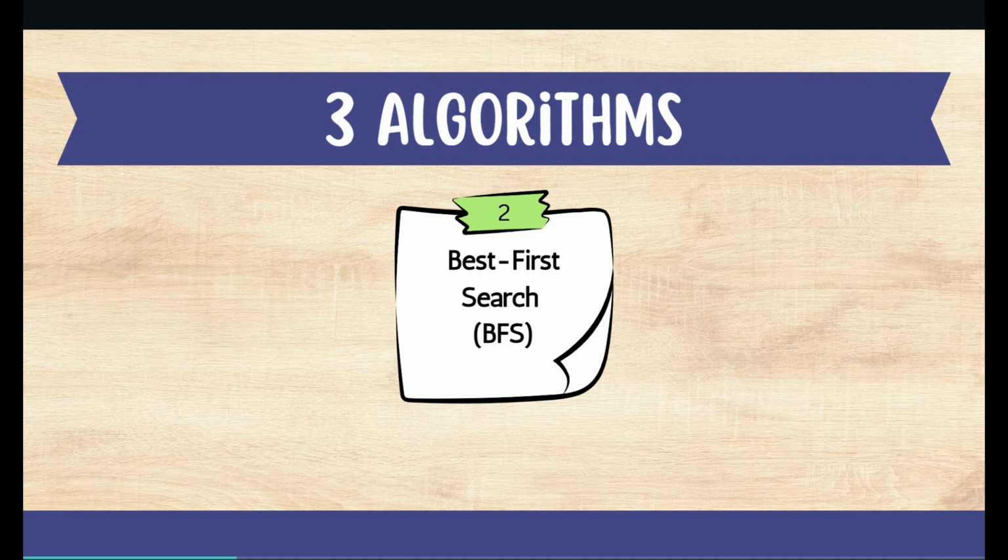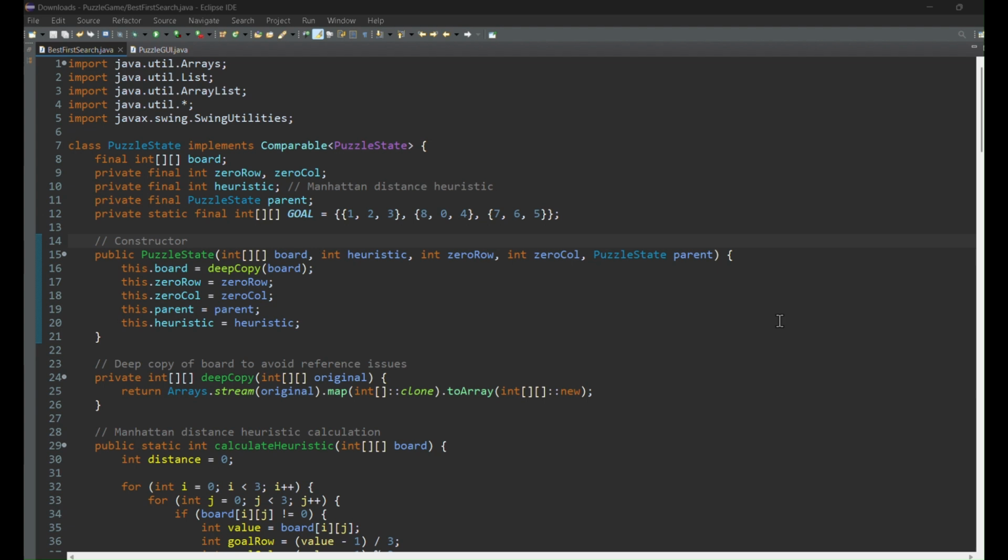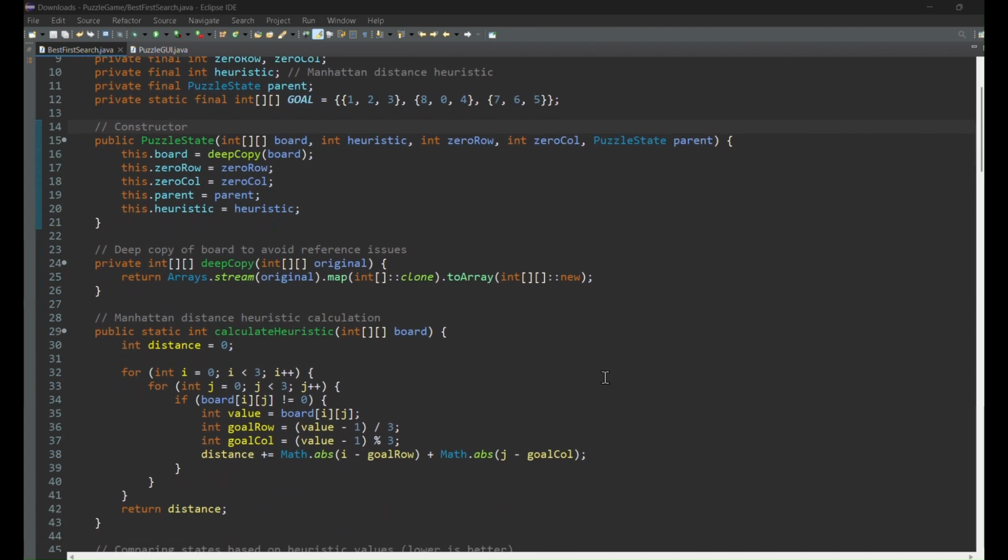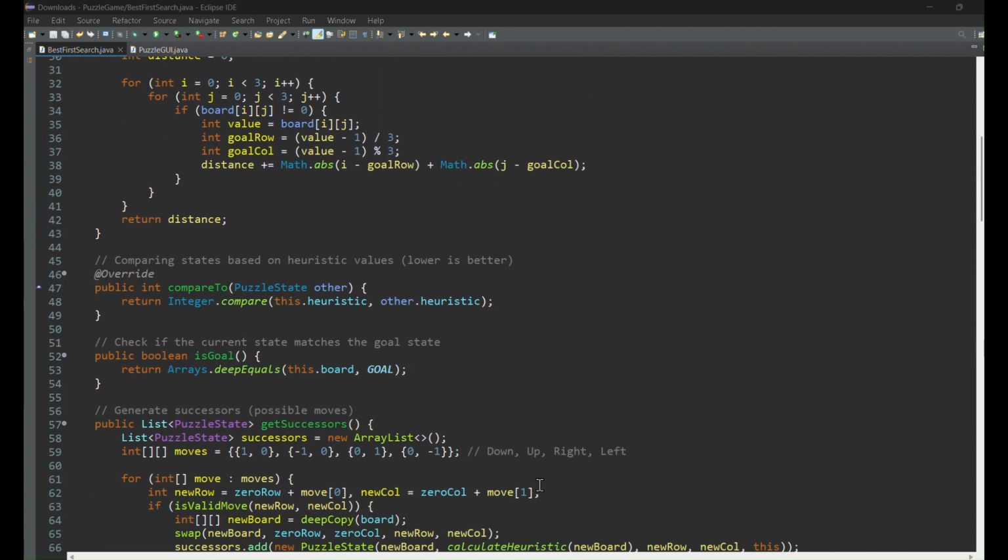We will do the best first search algorithm code. Now we will solve the 8 puzzle problem using the best first search algorithm. Let's get started. First we have the PuzzleState class. This represents a state of our puzzle. It includes methods to calculate the Manhattan distance heuristic, generate successor states, and check if we have reached the goal state. Next, let's move on to the solveBFS method in the best first search,